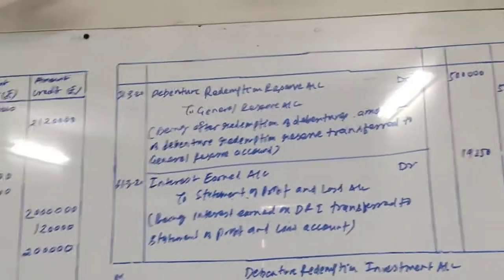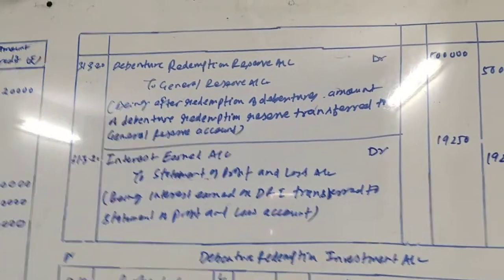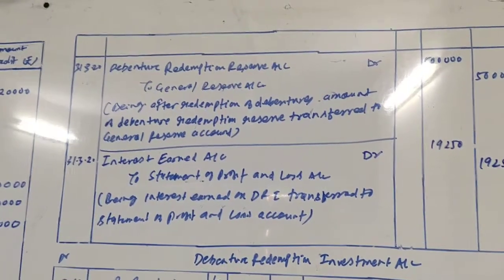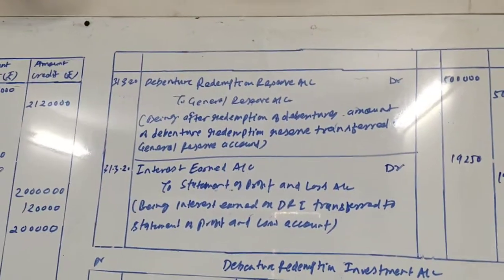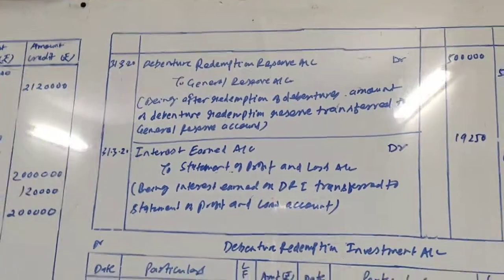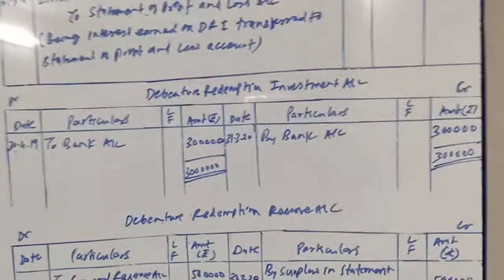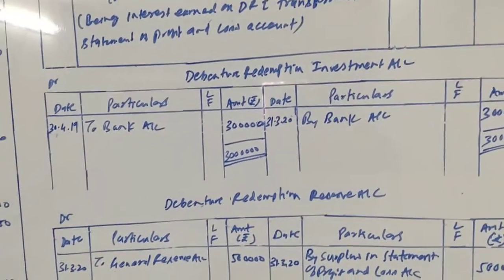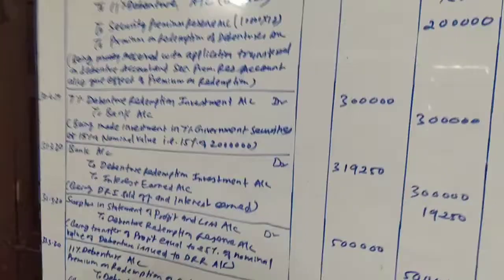Okay friends, now finally, as the requirement of the sum is to prepare debenture redemption investment account and debenture redemption reserve account also, we will prepare both. First of all, see debenture redemption investment account. Friends, first of all, on 30/4/2019 investment was made. When we pass the entry